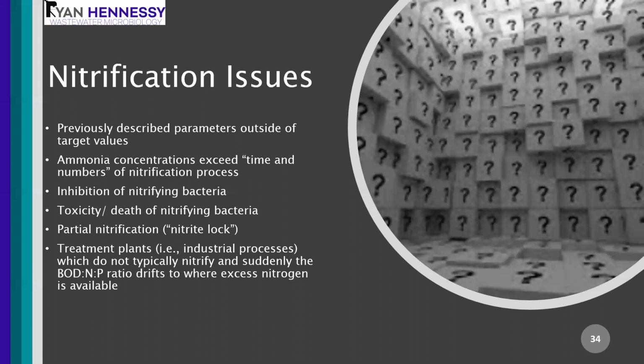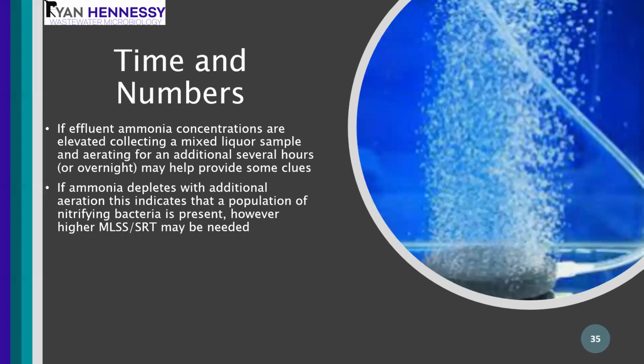Other times, if there's a lot of variability, sometimes you're better off maintaining a certain population of nitrifying bacteria and just accepting that it's good to have those nitrifying bacteria available for times where that BOD to N ratio does change. Now, eventually, if you don't have ammonia, you will lose your nitrifying bacteria. So from a time and numbers standpoint,